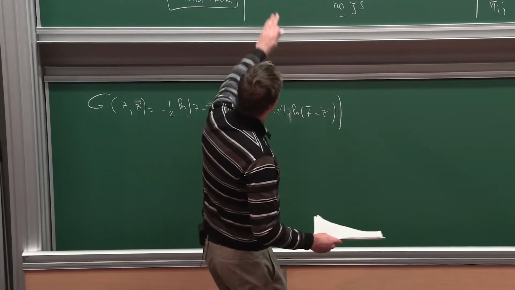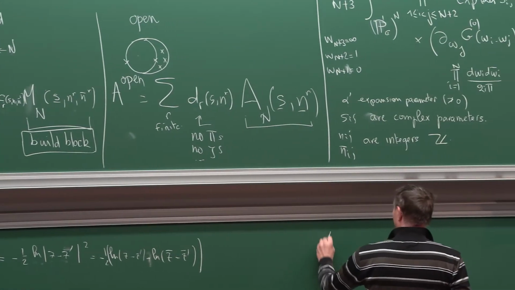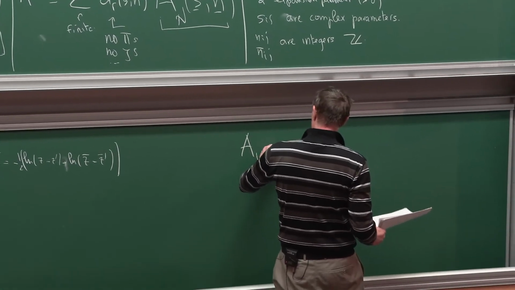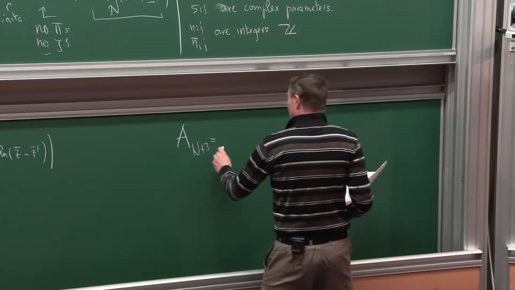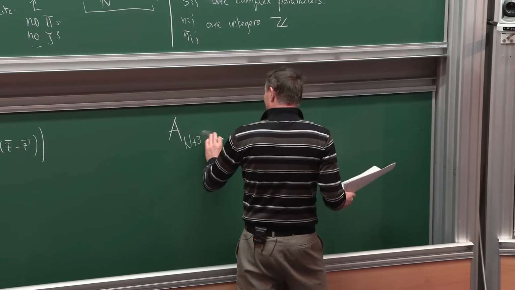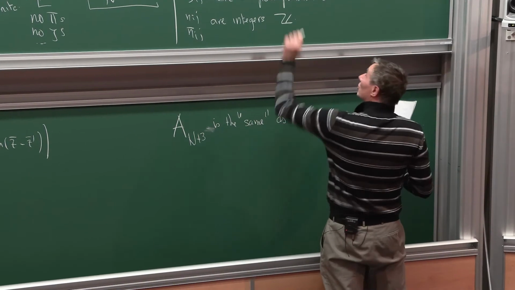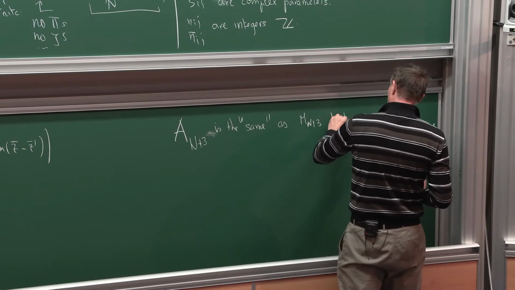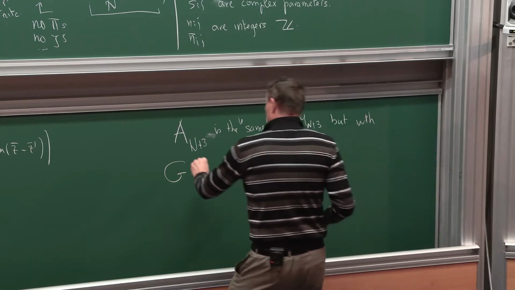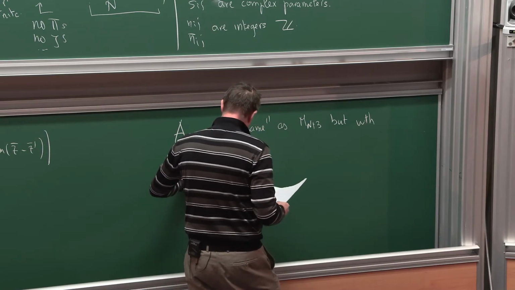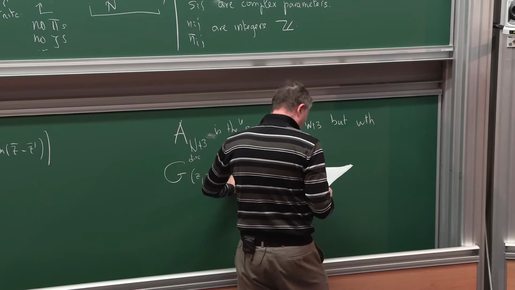Now for this computation I have to define what A is. A is defined the same way, if you want. So A_{n+3} is, so I'm not going to write a precise integral because I will write a precise integral in a minute, but I want to explain something important. So A is the same as the closed string amplitude, but with the function g that I call in that case g_disk of z, z prime, that is defined to be minus 1/2